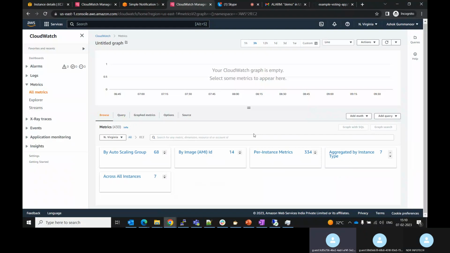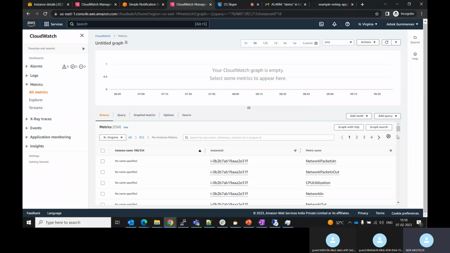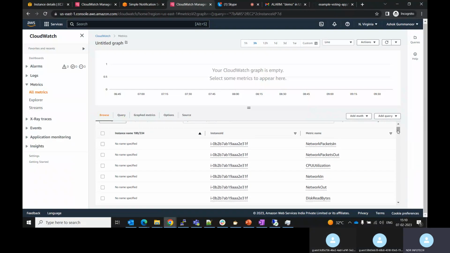Across all instances, Ashok. Per instance metrics. We want the CPU utilization, right? We want the CPU utilization for an instance. Now we are going inside. Now we need to get CPU utilization. The metric is CPU utilization. We want CPU utilization. Just take this one and